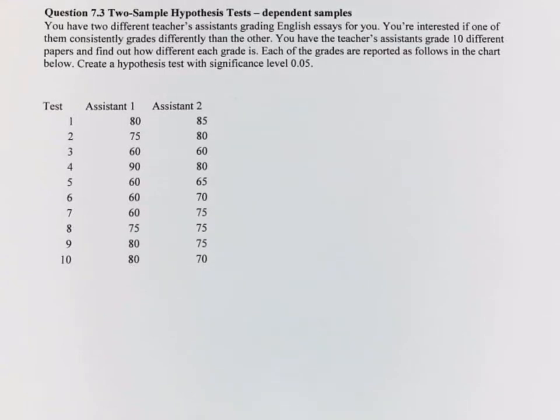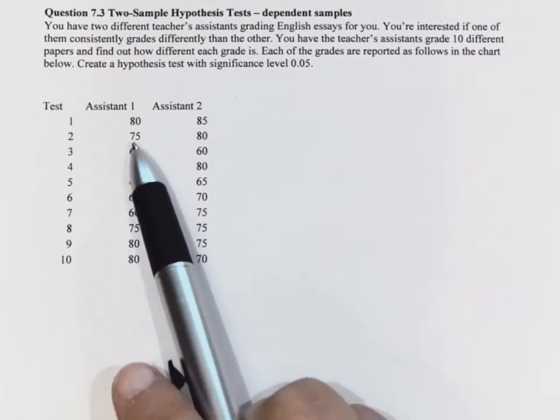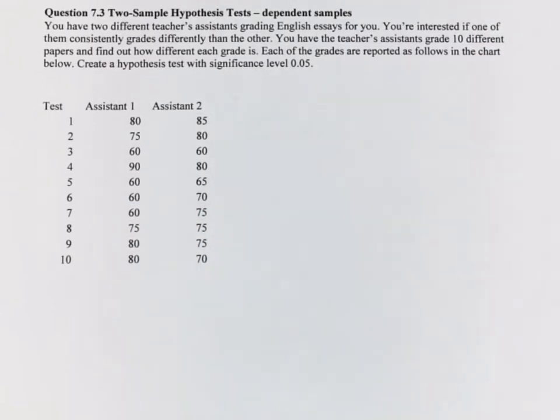In previous examples, we looked at two sample hypothesis tests with independent samples. In this example, we're going to look at dependent samples, which can also be referred to as paired samples. When you have dependent samples, that means that the samples are the same, but what we're actually doing is testing the distribution of them. So what that would mean is, with the exact same sample, how would two independent